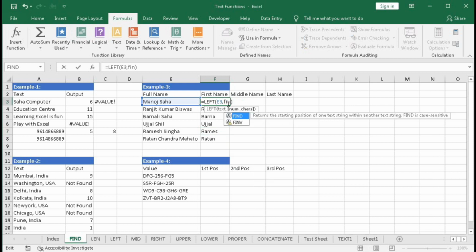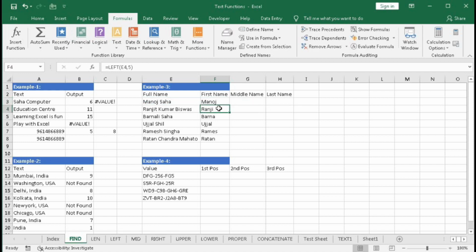So type here FIND. So what do we want to find? We all know after each first name we have a space. So we want to find this space. So within double quotes space, comma, within text this cell, then bracket close, then enter. So we got the first name.